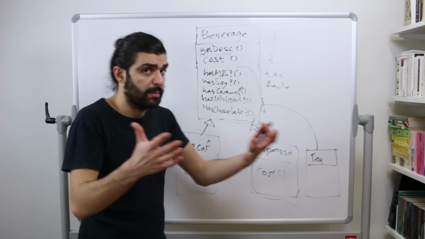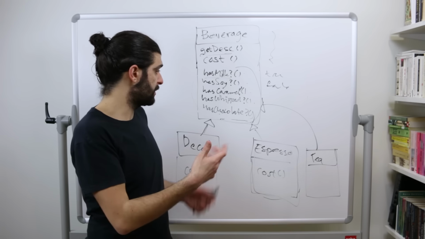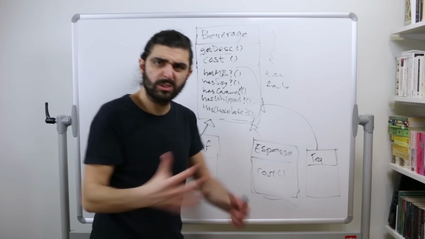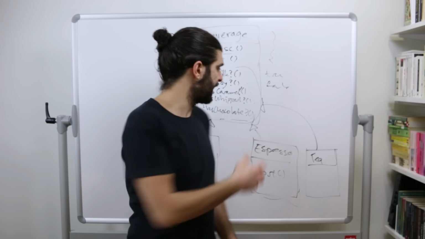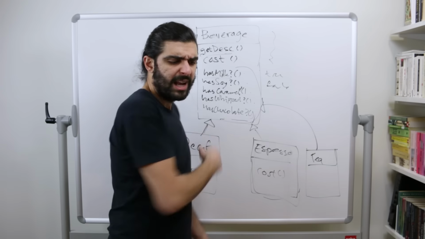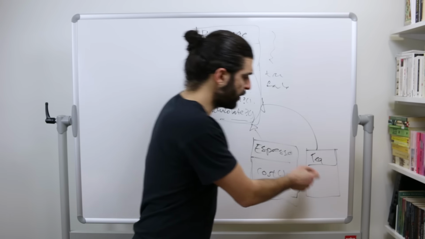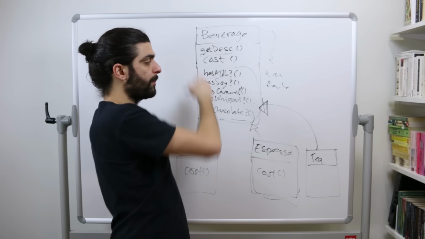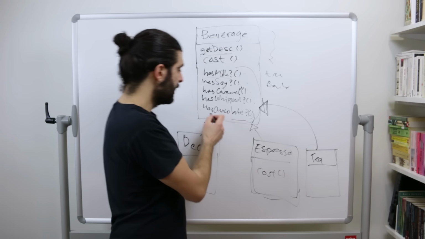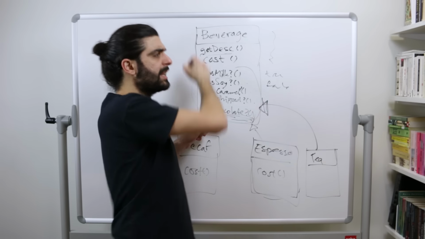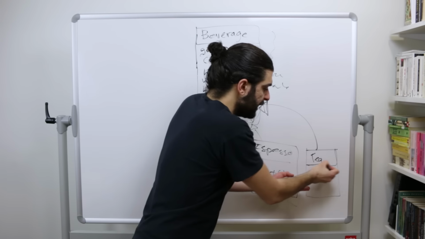So hypothetically, maybe chocolate simply doesn't apply to tea. It's so absurd that you can't order it. You can't order tea with chocolate. Then we're explicitly breaking the interface segregation principle, because tea is inheriting from beverage, and we're forcing tea to actually have the default implementation, the implementation in the abstract class of has chocolate, even though it doesn't